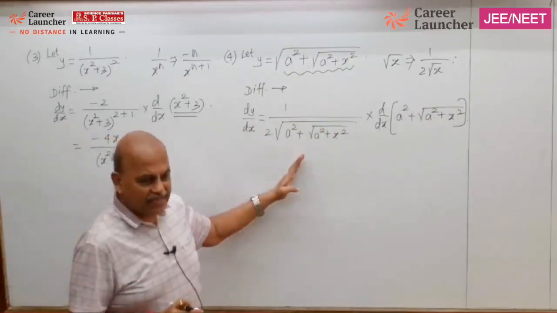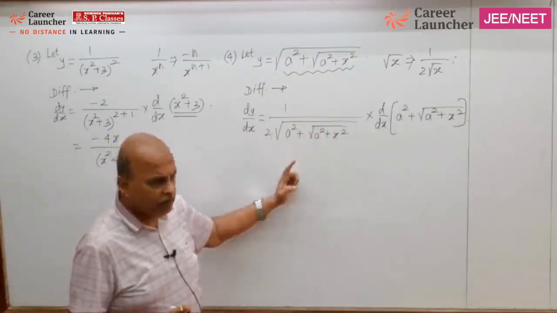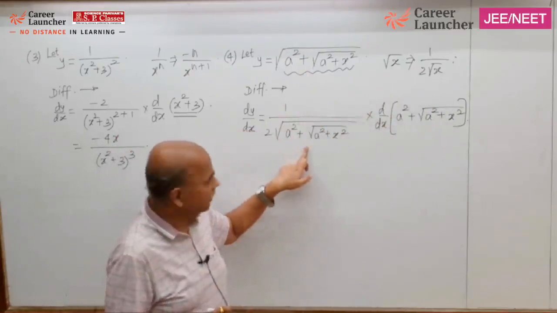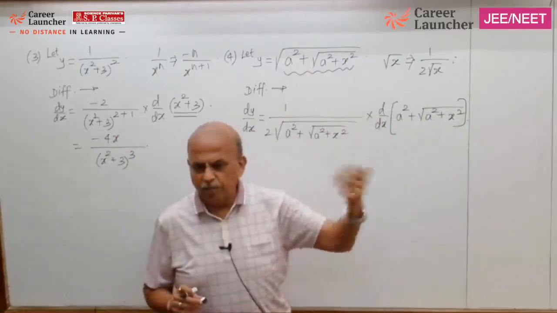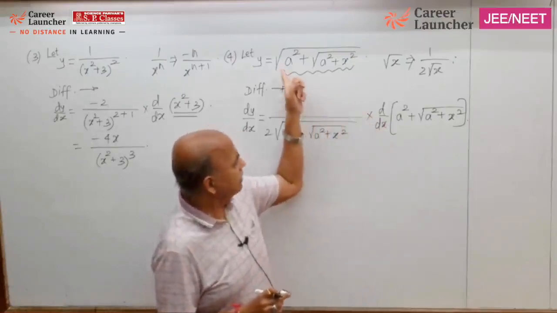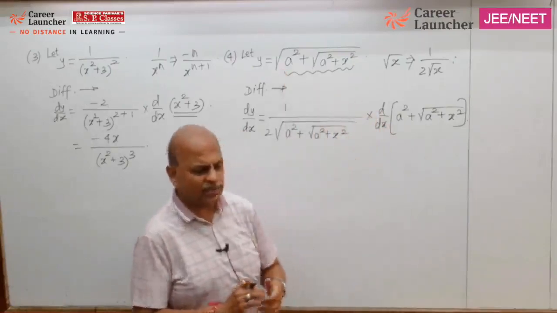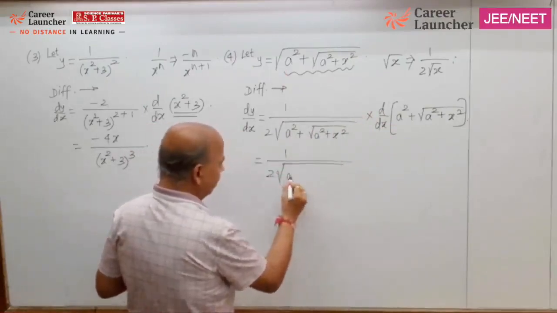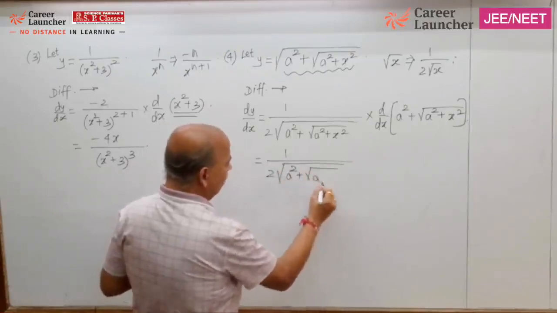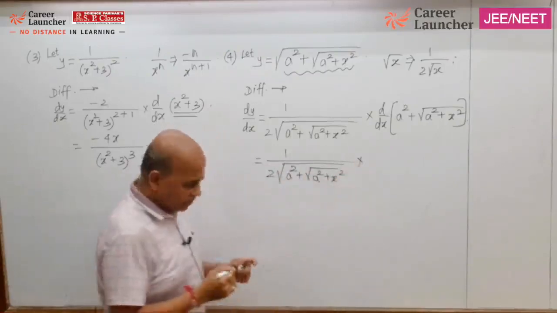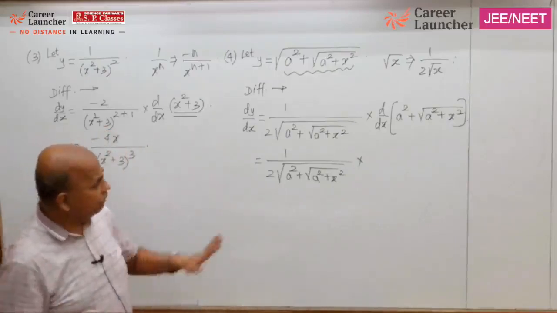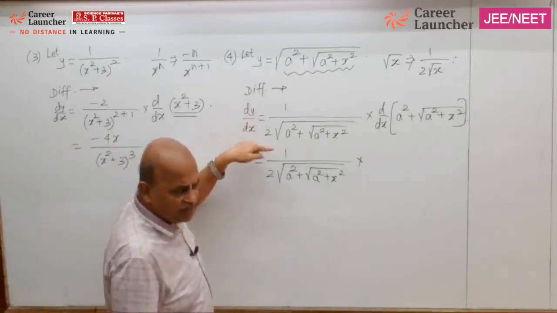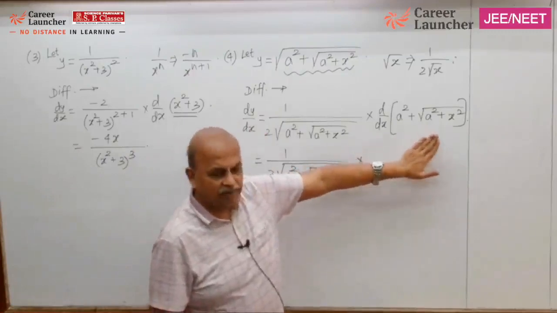Use the standard formula as it is. Further multiply. When you use the standard formula, x will be replaced by the composite part, further multiply by the derivative of the composite part. So what is that? Derivative of the composite part, that is a square plus root of a square plus x square. Let's proceed now. 1 upon 2 root a square plus root of a square plus x square as it is. See, always remember, never make a mistake of finding the derivative of this again. Do we have that term? So we are supposed to take derivative only of this.